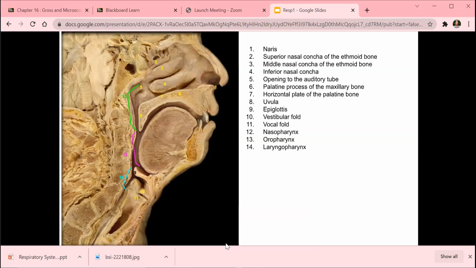Here you can see the real cadaver. You have the nares or nostril, the superior, middle, and inferior nasal conchae, and this region is called posterior nasal aperture. You can see the auditory tube, the opening of auditory tube here. You have the hard palate, which is composed of palatine process of maxilla and horizontal plate of palatine bone,